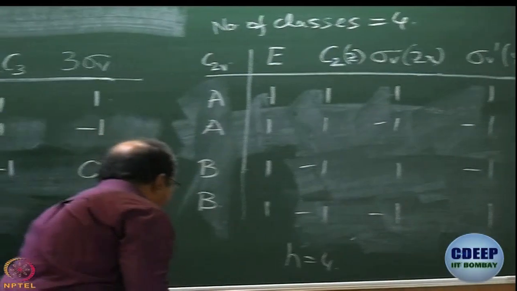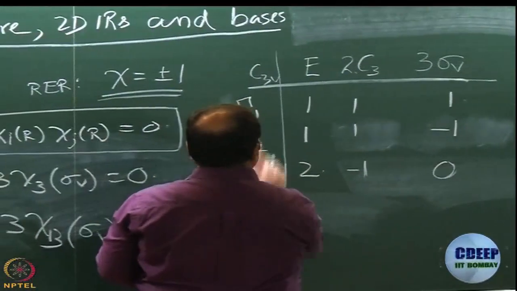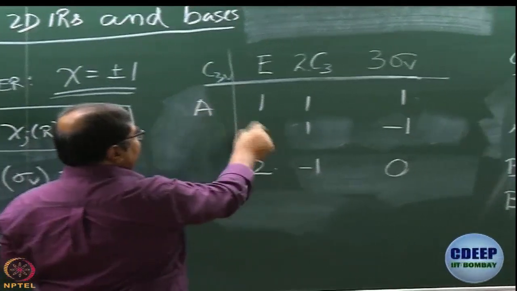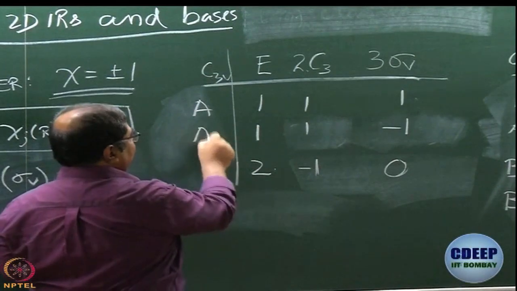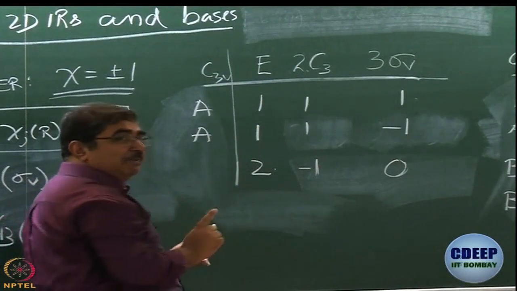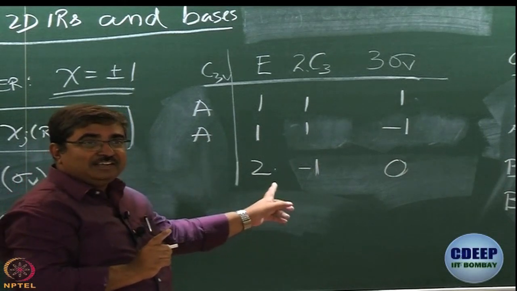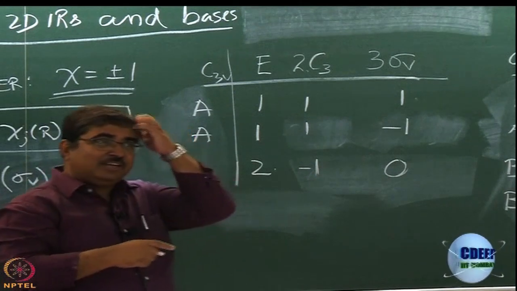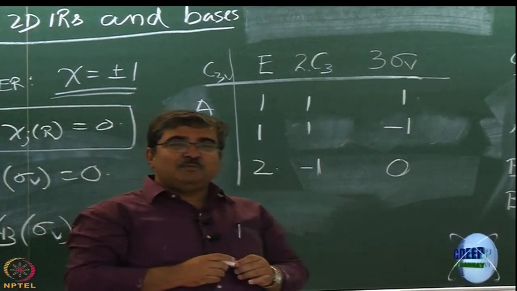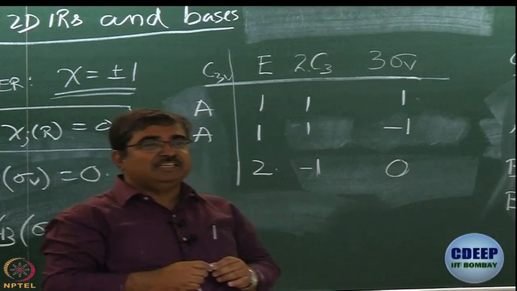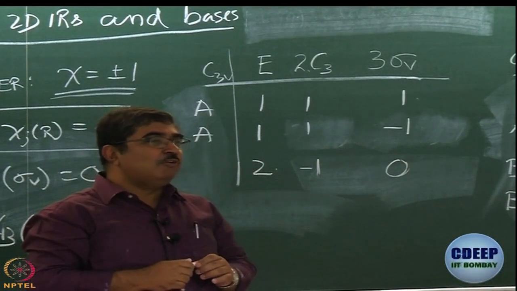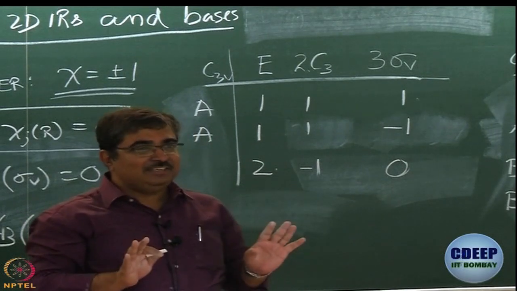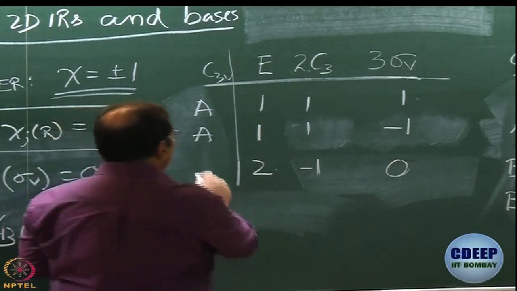What about C3v? First one A or B? A. Second one A. Third one cannot be B because it is not one dimensional. So, now Mulliken had to think a little more and said, okay, one dimensional is done, either A or B. What do we call a two dimensional representation? C, D, I have no idea whatsoever why Mulliken did not like C or D, but he said that if it is two dimensional, you call it E.